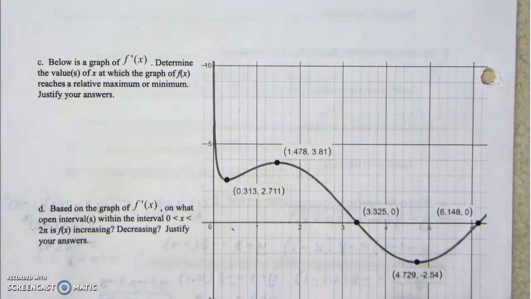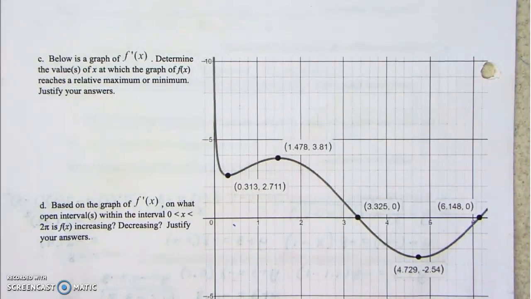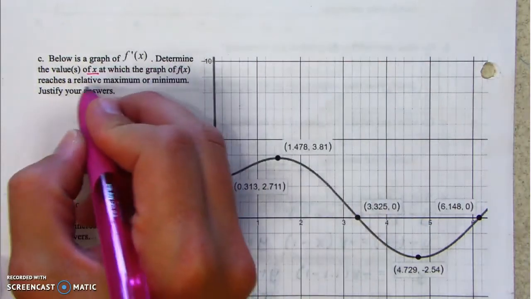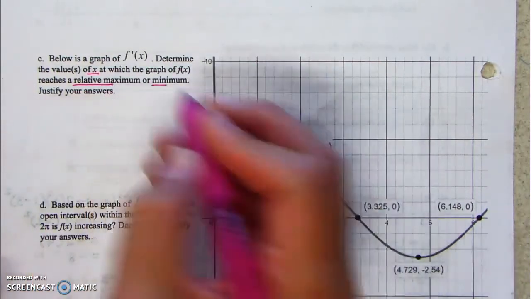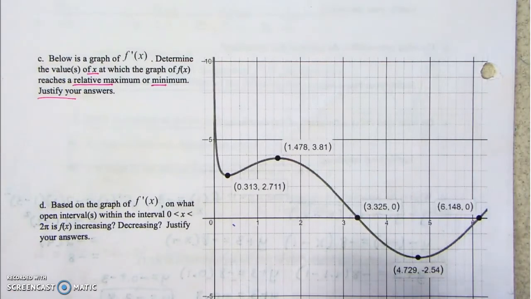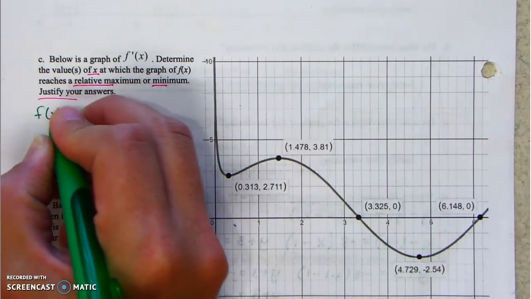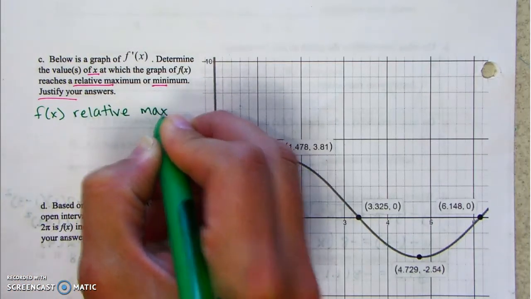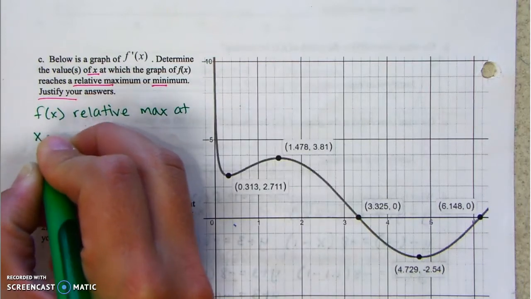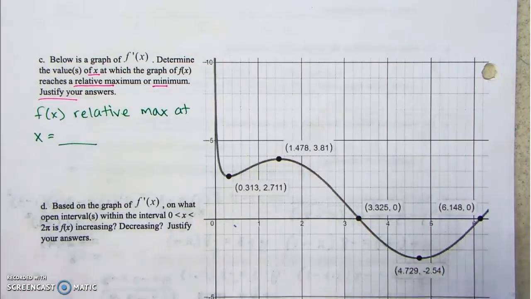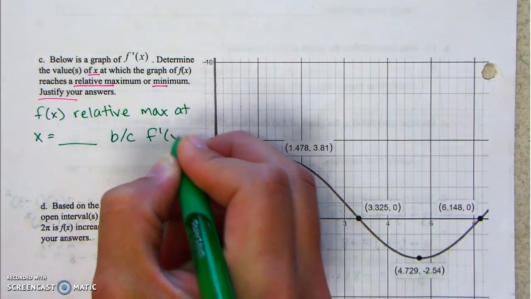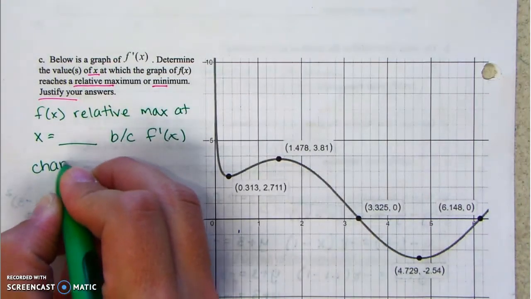Okay, new question down here. Below is a graph of f prime. Determine the values of x at which the graph of f reaches a relative max or minimum. Justify your reasoning. So it'll be a relative max. F will have a relative max at x equals blank. So we need to go, and it's because f prime of x changes